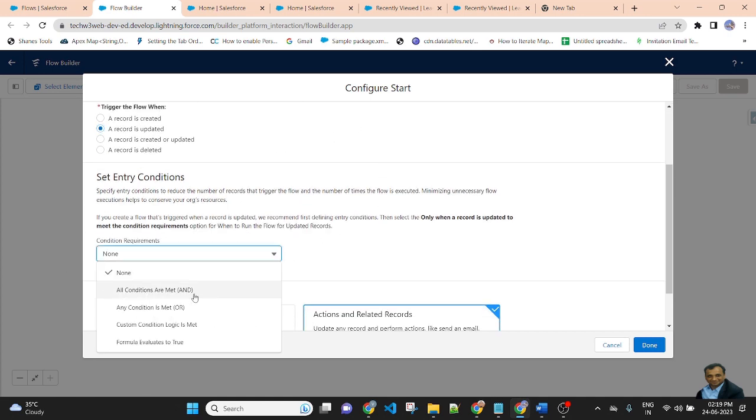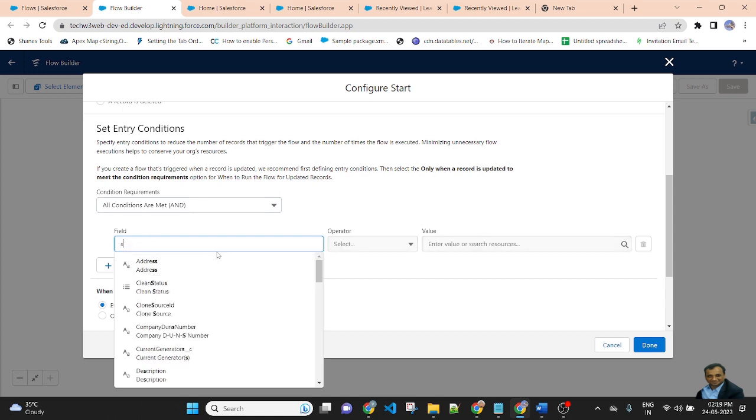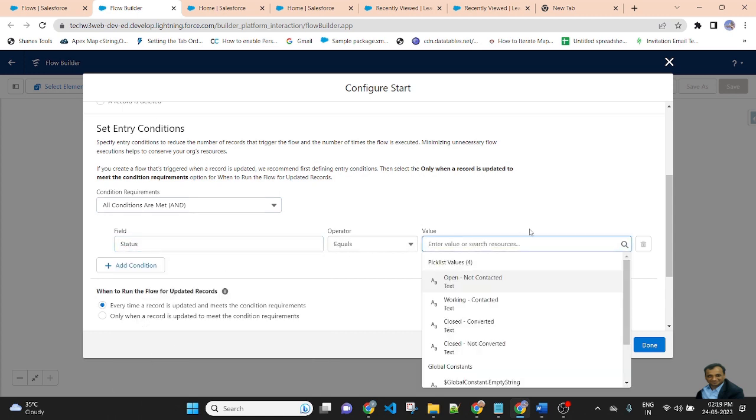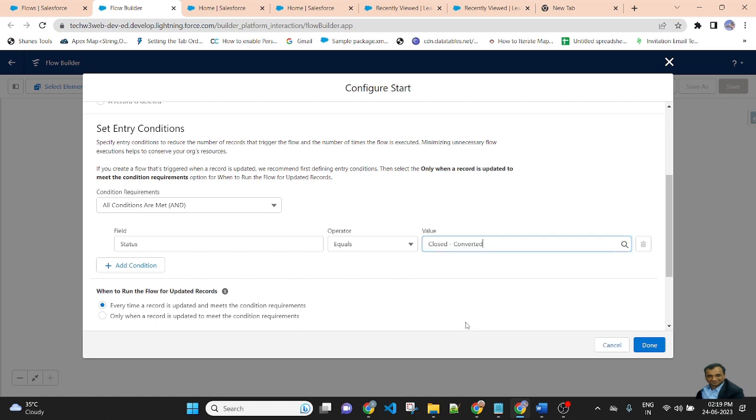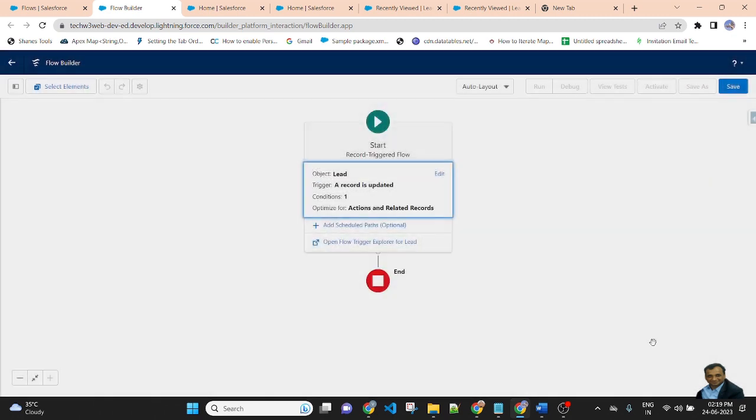The condition requirement: the condition is if Status is equal to Closed Converted. This flow will be executed whenever lead status is equal to Closed Converted.